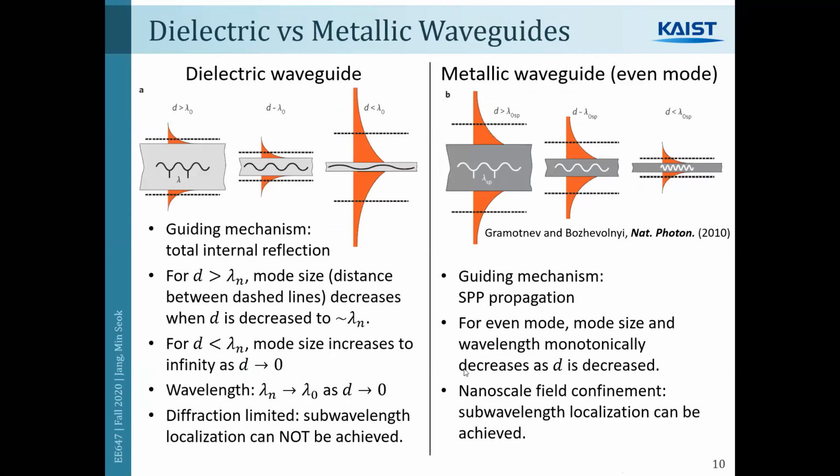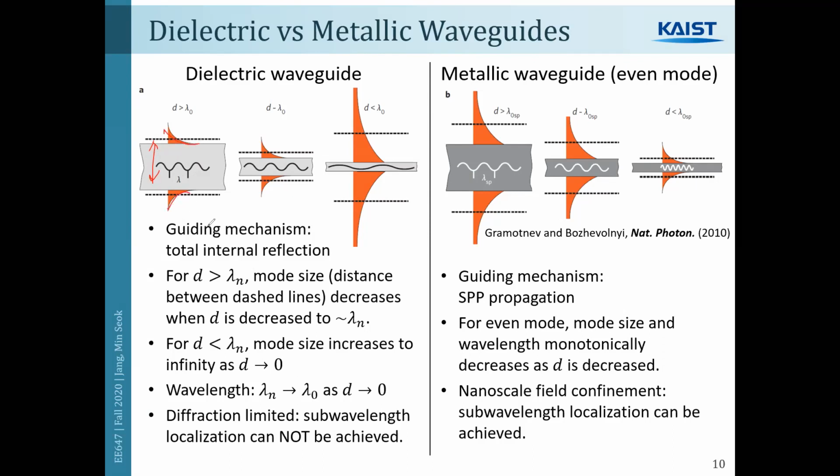Okay, so one big difference between dielectric versus metallic waveguides. If you recall the dielectric waveguide, the guiding mechanism was total internal reflection, right? And when the thickness of the waveguide is much larger than the wavelength, what happens is that you have very small field penetration here,